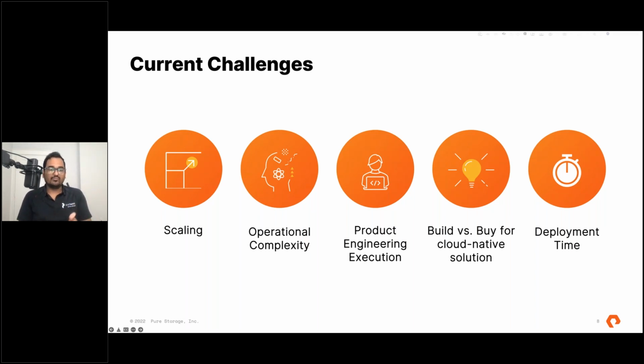Using something more agile, like a database as a service platform offering databases on Kubernetes, can definitely help you shrink this time from days to maybe a few minutes. So these are all the challenges, and that's where